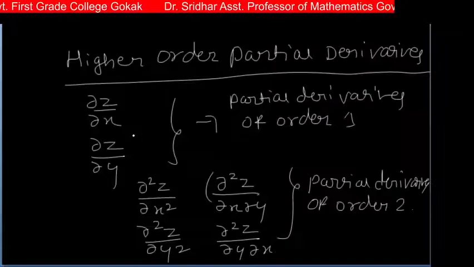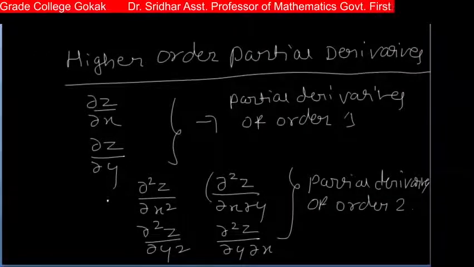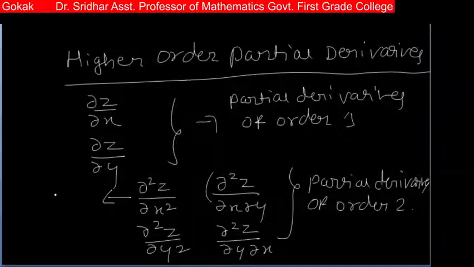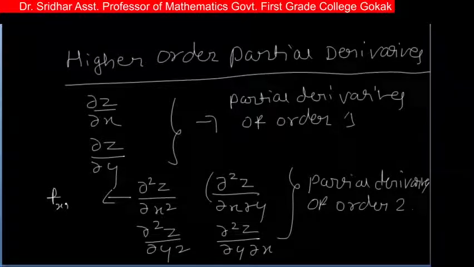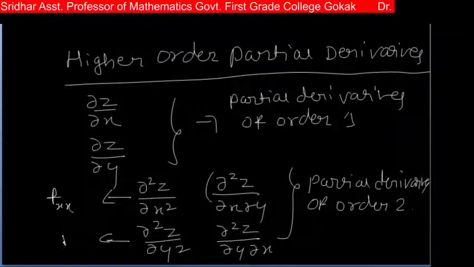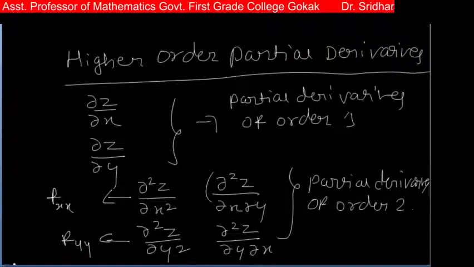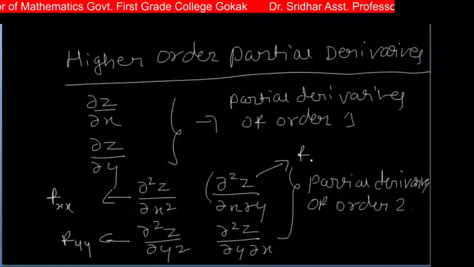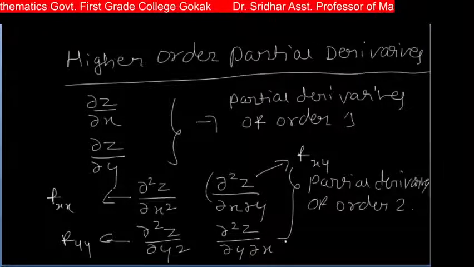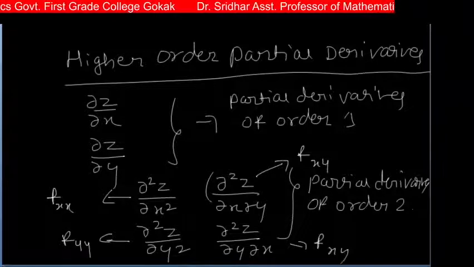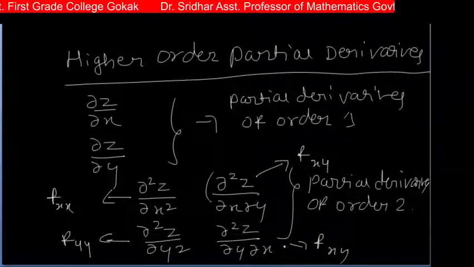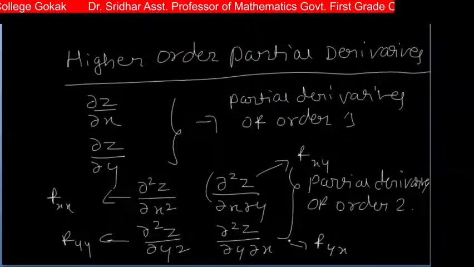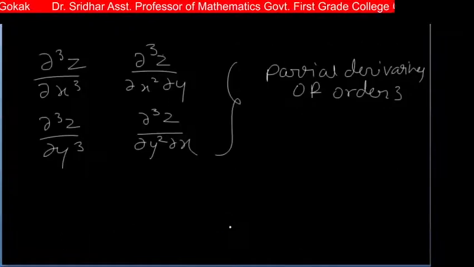Okay. So in short, this can also be written as f_xx, and similarly this one f_yy, right? And here this one is f_xy, and similarly this one f_yx. Okay, f_xy is f_yx, correct? So similarly this one